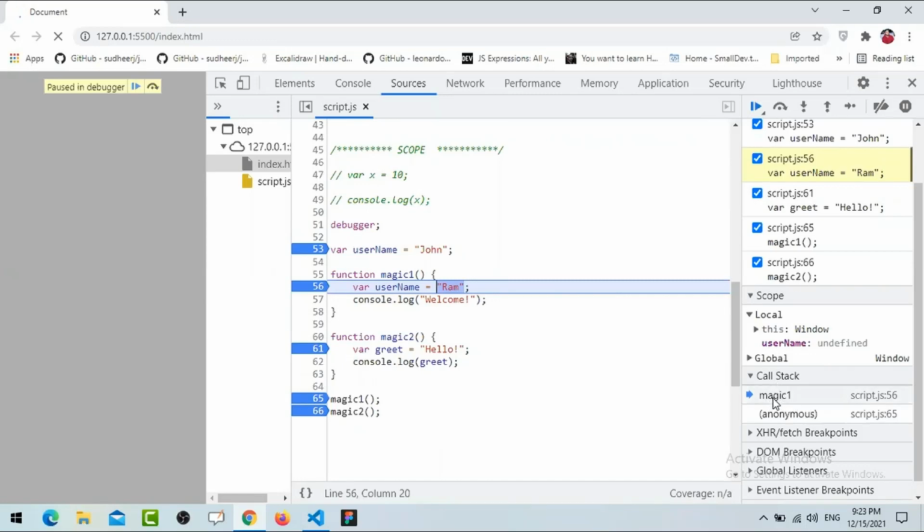For that we are using the call stack. This is a kind of data structure. It will work like a stack only, so last in, first out. Here we have the first one. It is still running and will wait for the control. Once this one is done, the control will go to the next line. So here you can see the control is inside magic one. And once you invoke this function,